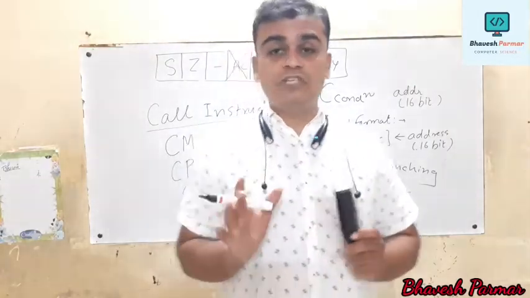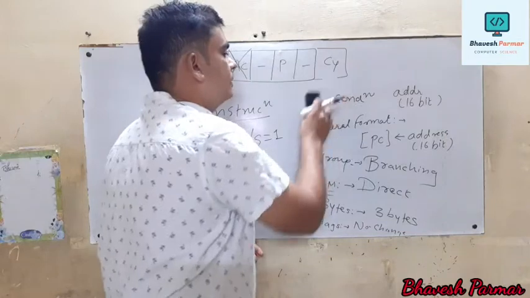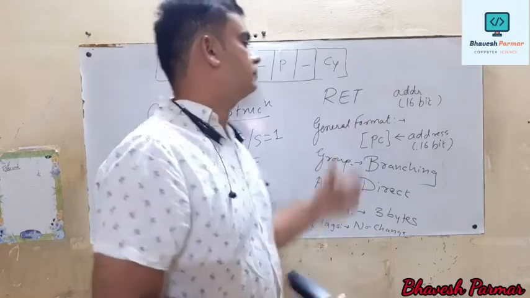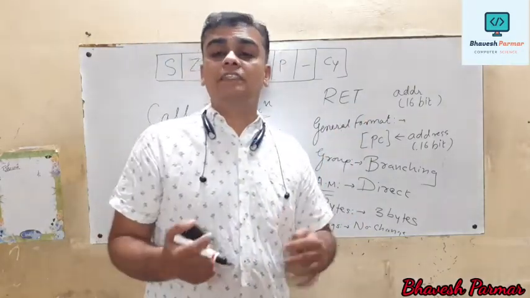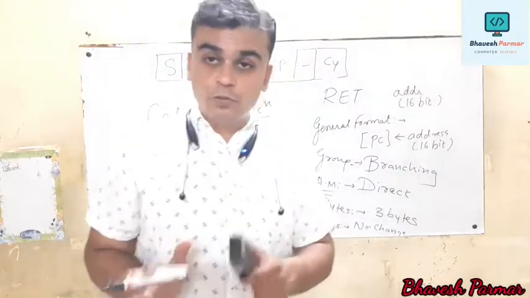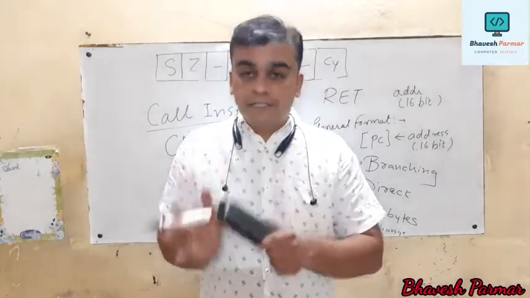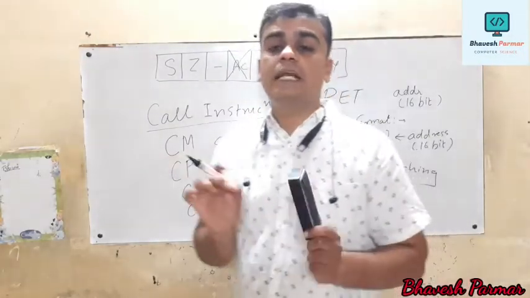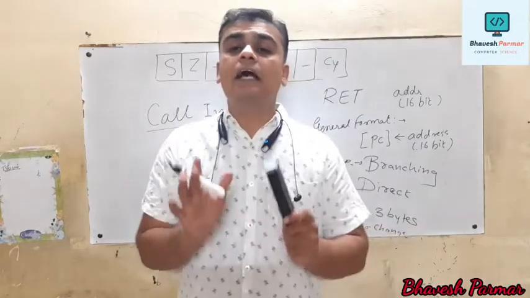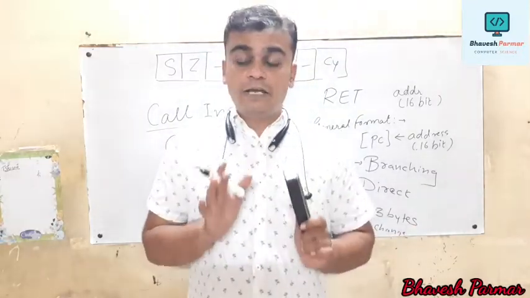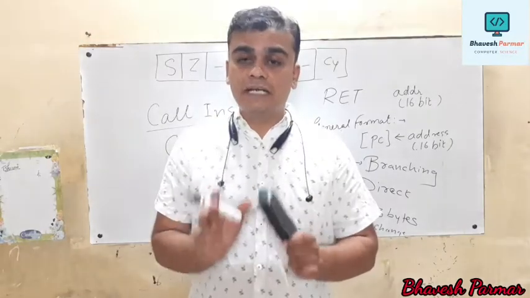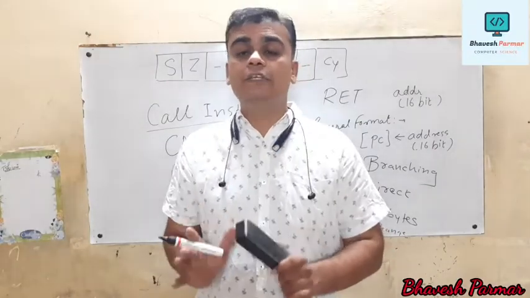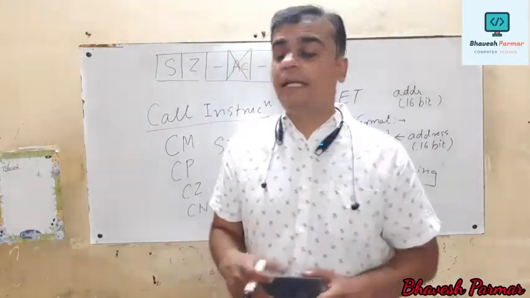So what is the basic change in this return instruction? Instead of writing the full word, we just use RET. This instruction is useful for returning. There are again two types of return instruction: conditional return and unconditional return. So what is the major change? Instead of C, we just write R. The rest of the things remain unchanged. So guys, we are going to focus on the last instruction in this group, and keep one thing in mind, especially that jump instructions are widely used to write various assembly language programs.